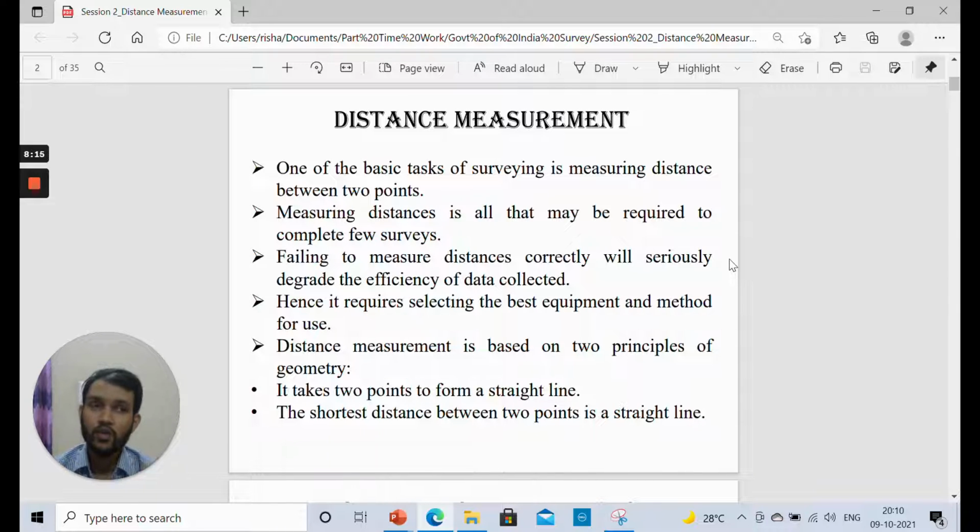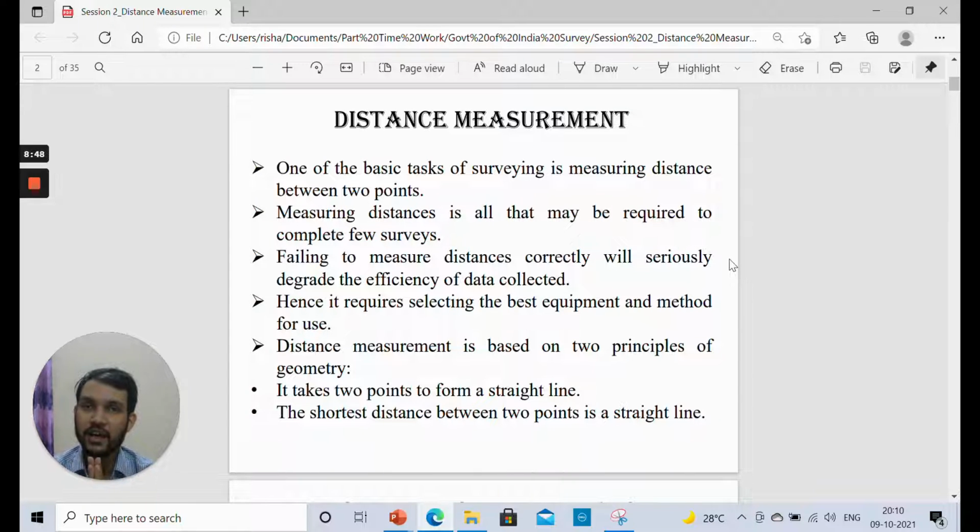Suppose you are just finding the reduced level of two different points just to estimate how much difference in elevation is there. If leveling is not required there, and very high accuracy is not required, then you can use these methods that may have lesser accuracy. Since we are talking leveling, we will be discussing it up next. Right now, as we are talking about horizontal distances, if higher accuracy is not required, then you can use these taping methods. You can even use the chaining method.